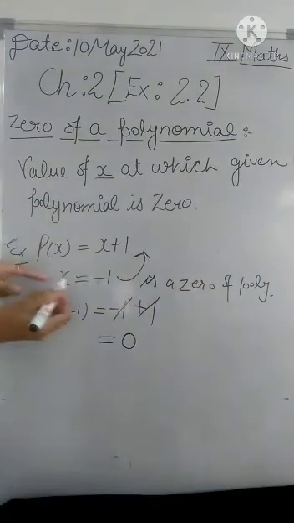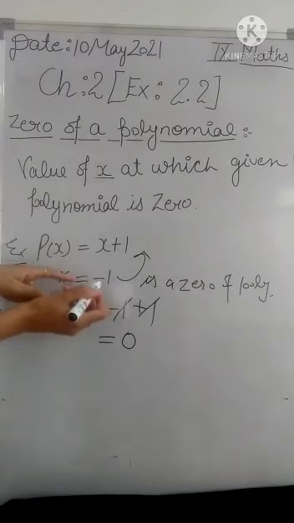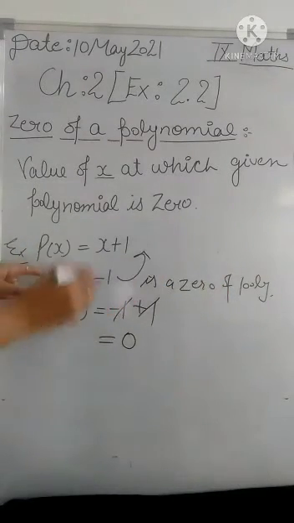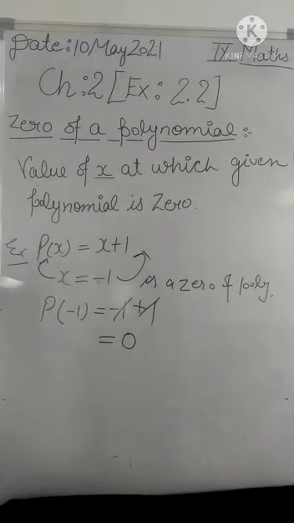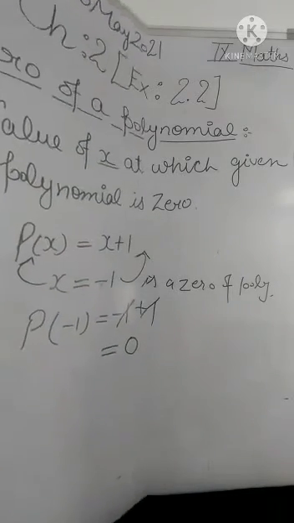क्लियर कि ये जो x की वैल्यू है दैट इज -1, ये 0 है पॉलिनोमियल का. क्यों? बिकॉज जब ये x हम बच्चे गिवन पॉलिनोमियल में सब्स्टिट्यूट करते हैं वी विल गेट आवर पॉलिनोमियल इज 0. क्लियर? सो लेट अस मूव टू द एक्सरसाइज.